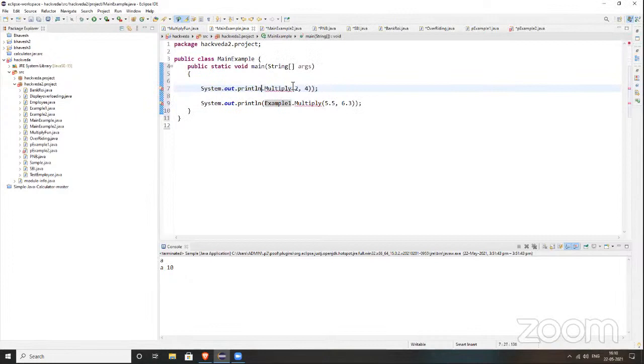Okay. Now here, this main example, right? Now you type here main example. So this is main example. No, no, you remove the parenthesis. You need to call the class where you have declared this method. Where you have declared it, that is multiply fun. But in your system it was different. In my system, it was in example one itself. But you called multiply fun instead of example one.